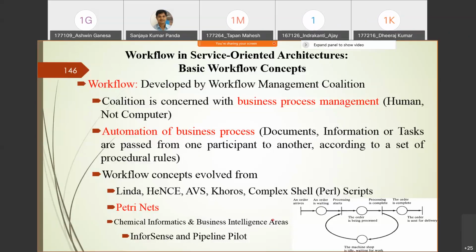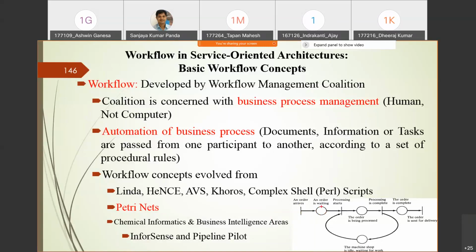In a Petri Net, what happens? Let's say you are giving a food order in Swiggy, or let's say Zomato. An order arrives at a particular restaurant, right? And the order is in the waiting stage, or they are verifying what you have mentioned in the order, whether those things will be possible or not.